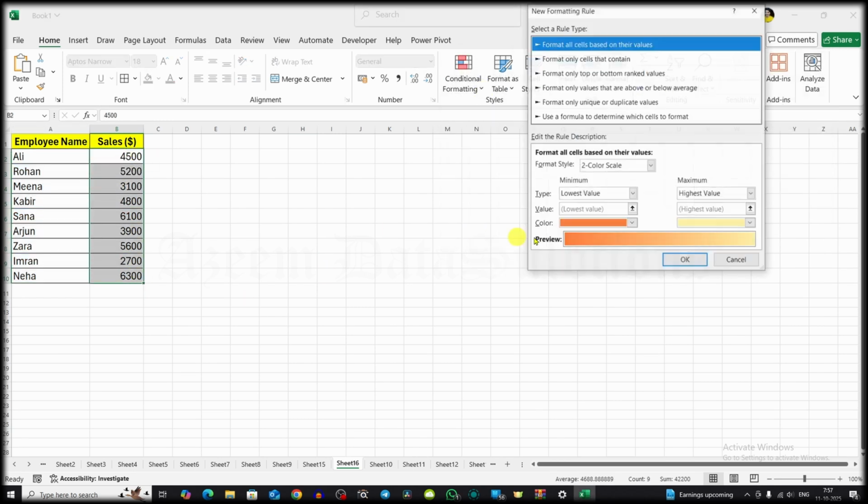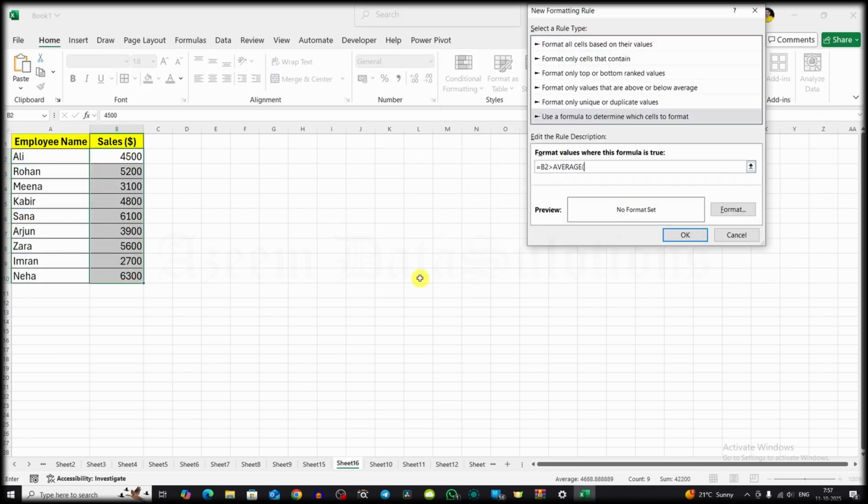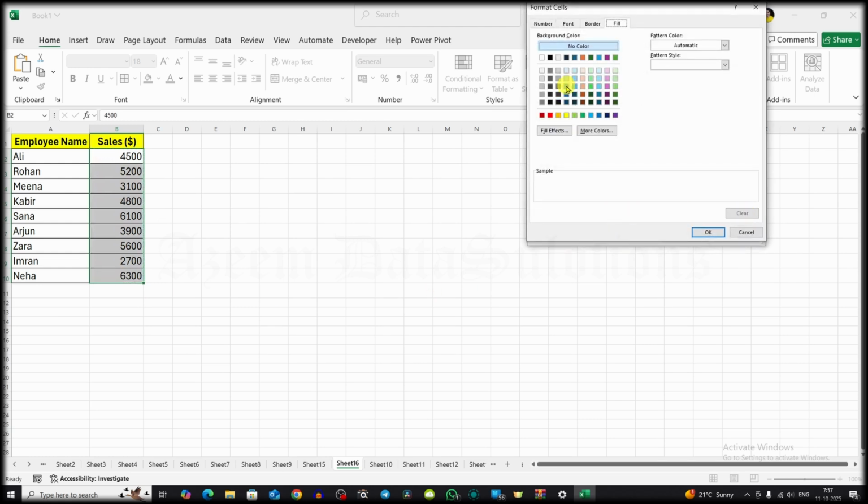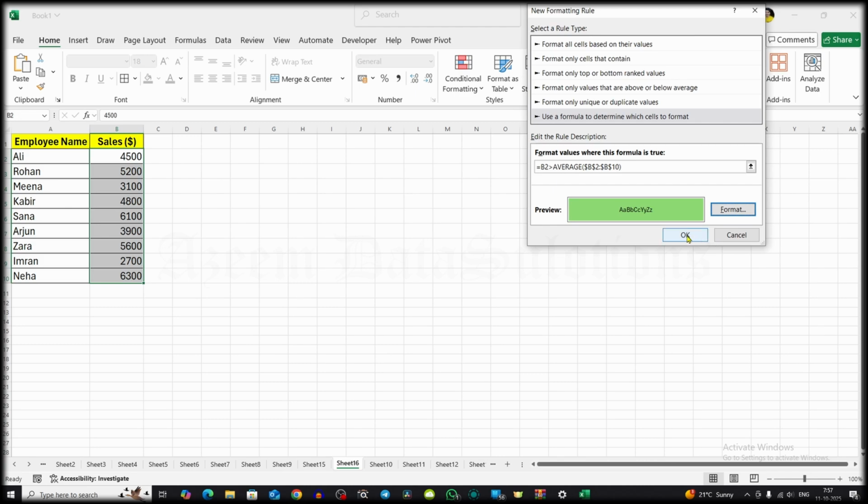Or =V2>AVERAGE($V$2:$V$10) to highlight values above average.